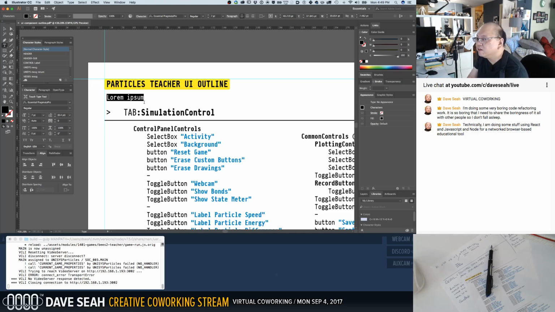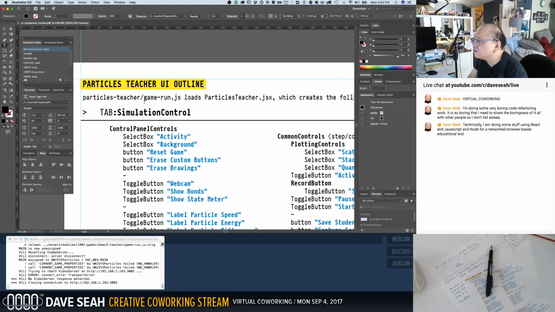So what I want to say is default, or it'll be under particles, teacher, game run, JS, loads, particle, teacher, JSX, which creates the following